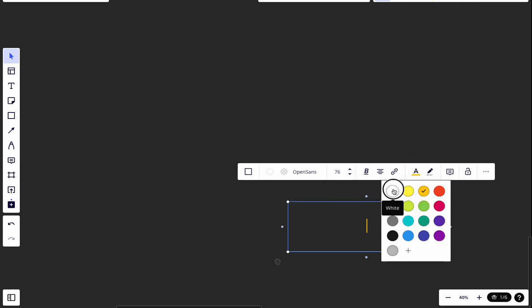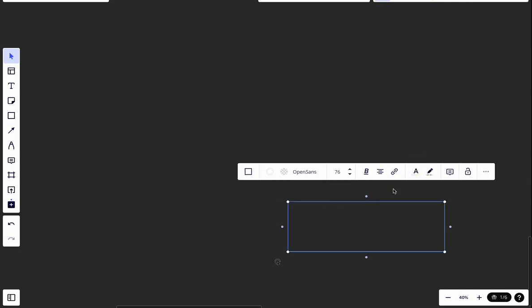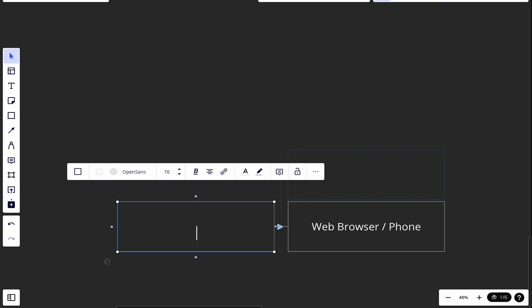And make it white. So I have the client, and the client will be a web browser or phone, or mobile, like web mobile. It will connect with a DNS. And if you don't know